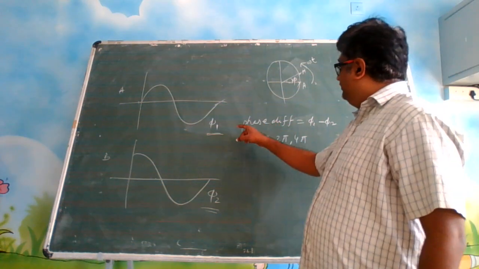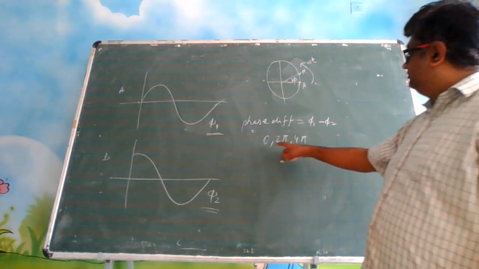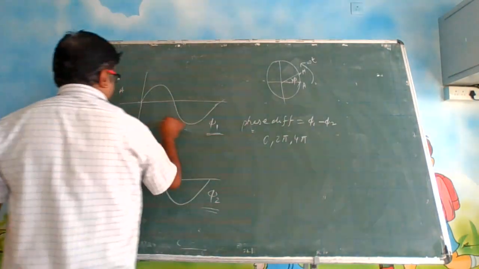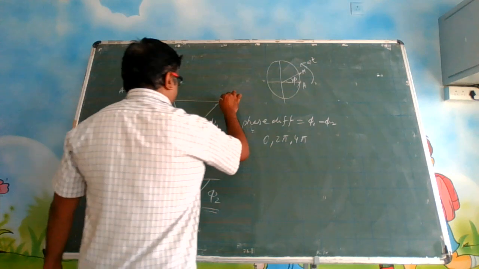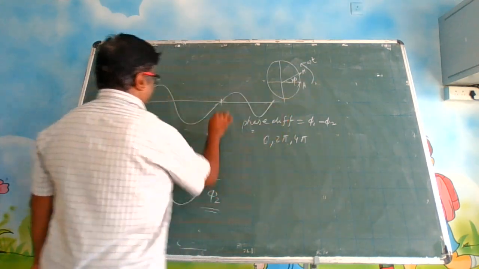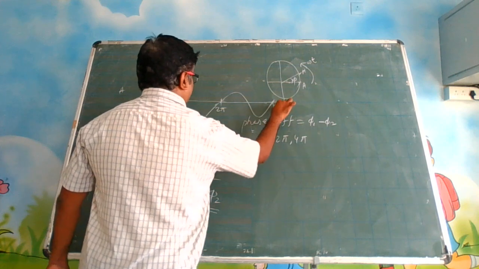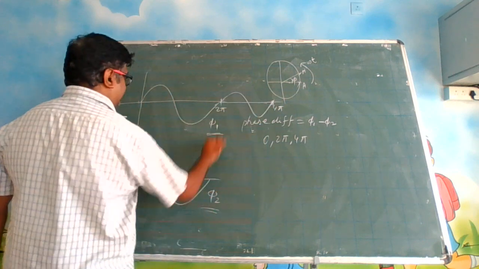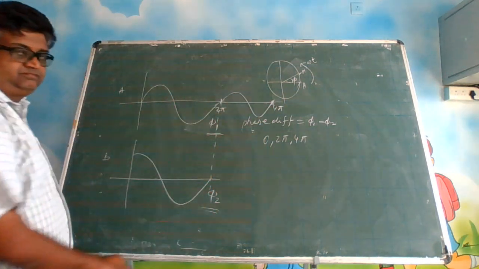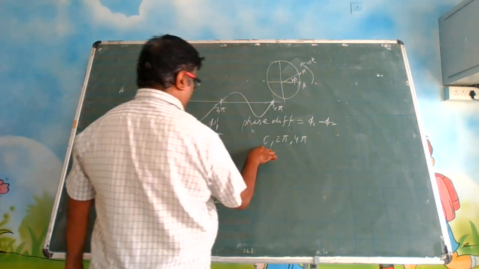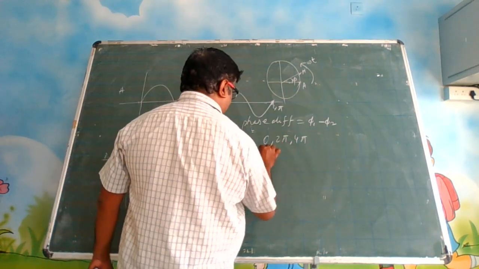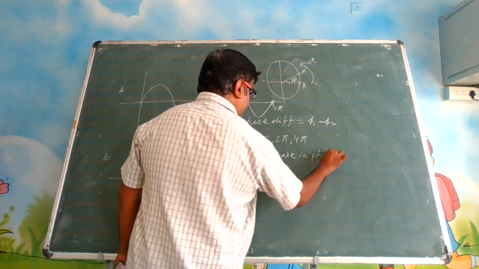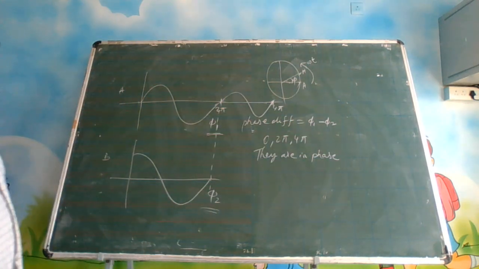Okay. If the phase difference between A and B is 0, 2 pi, 4 pi in that pattern, what is happening, you see? From here to here it is 0 to 2 pi. One more, it will be like this, right? So this is my 2 pi and this is my 4 pi. Let us say when this wave is here, this wave's corresponding point is here. So when it is 0 or 2 pi, we will say that they are in phase.